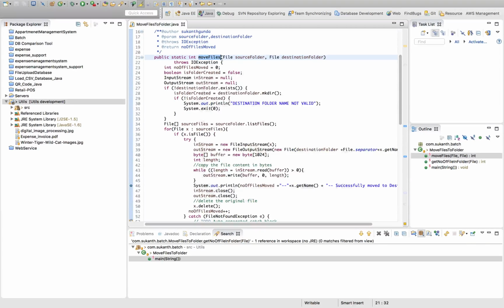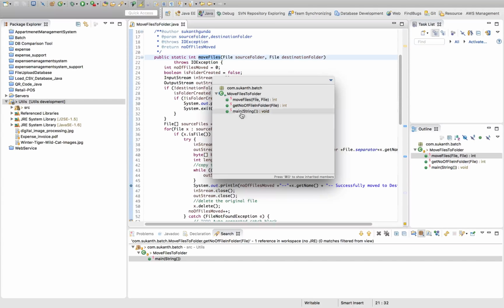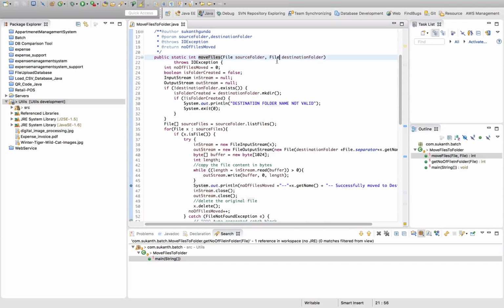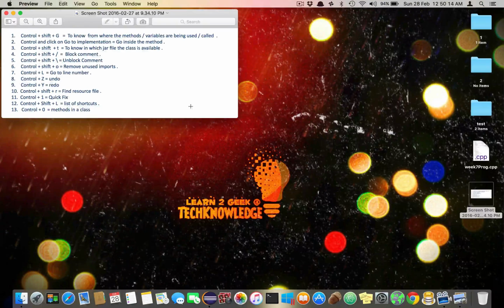Basically, if you click on Control O, you'll get to see all the methods and variables in some cases in this pop-up. And another tip is,